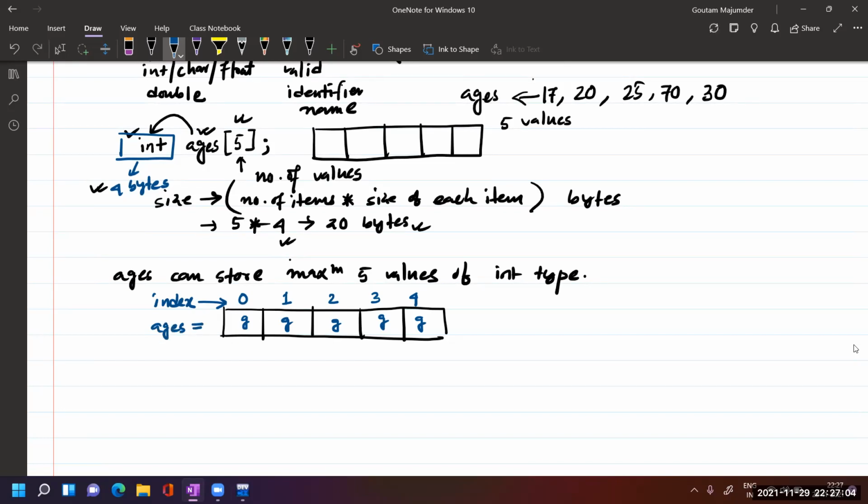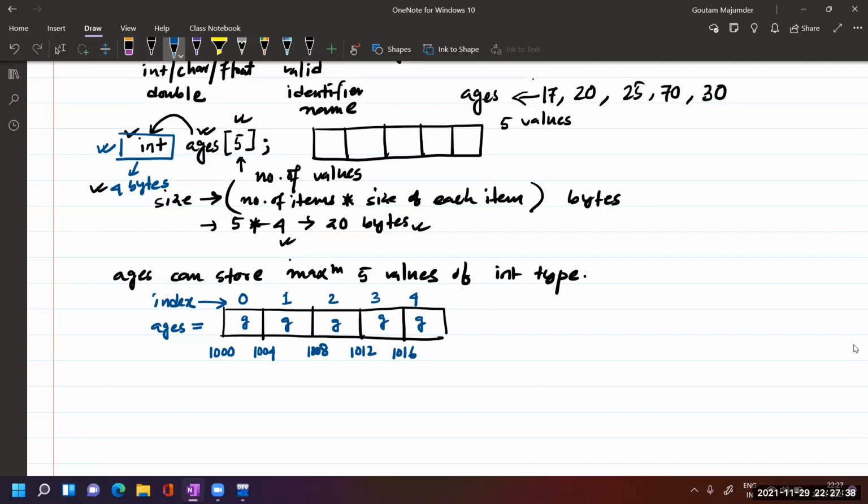And now the address. See, what is the type of the array? The type of the array is integer. So if I assume the address of this first block is 1000, the address of the next block will be 1004. Then again a 4 byte jump, 1008, a 4 byte jump, 1012, and a 4 byte jump, 1016. Why 4 bytes? Because the type of the array is integer. Whatever values we put, each will get a maximum of 4 bytes of memory.